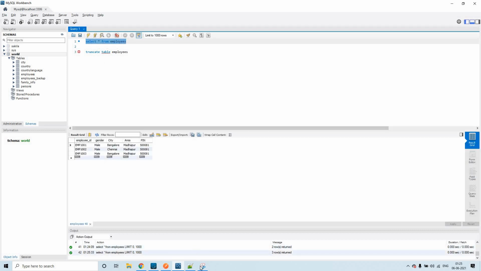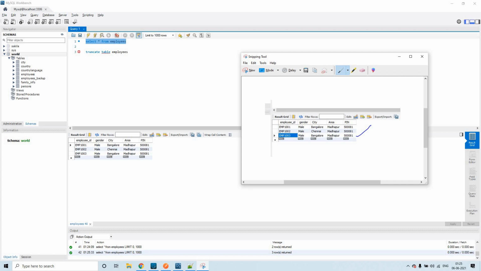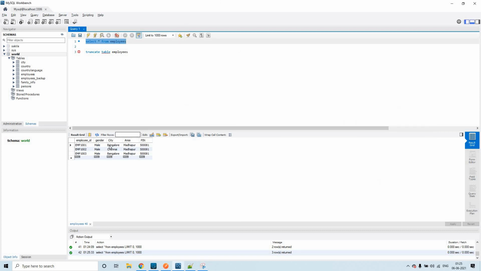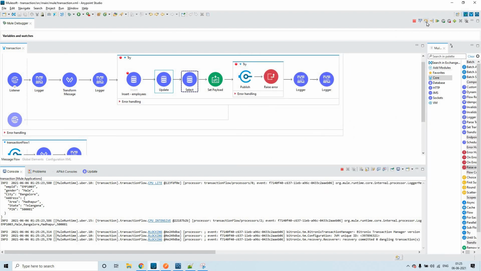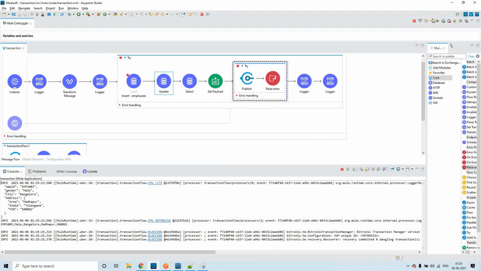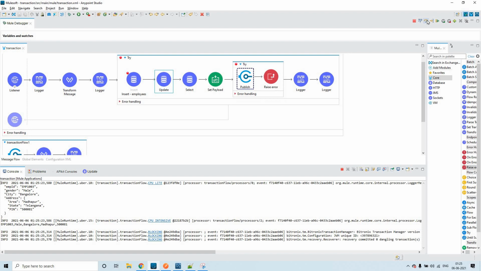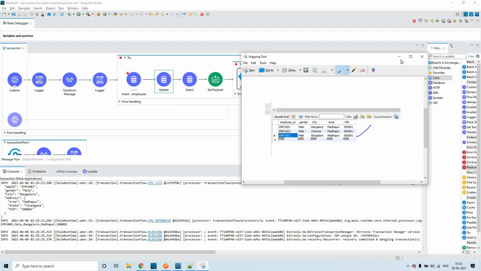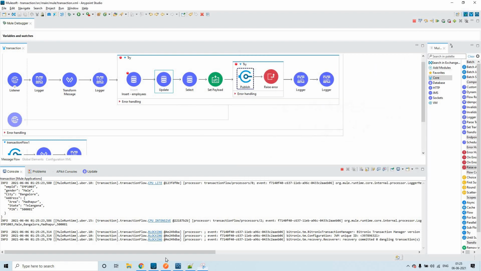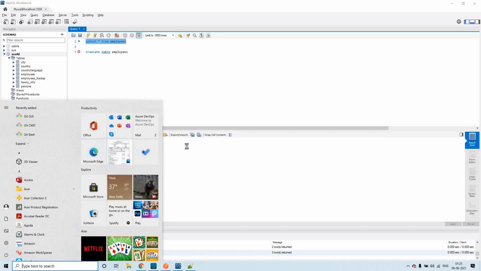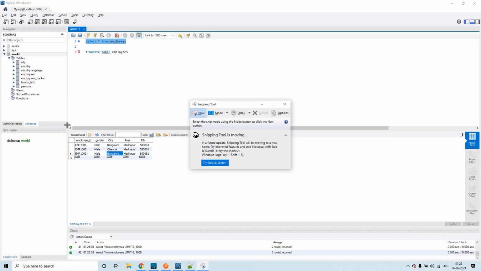Previously it was Chennai, and now it got updated to Bangalore, and we can also see the third record. Now let me click on next. Here is where we'll see the issue. Let me close this and take a snapshot of this, just to compare.